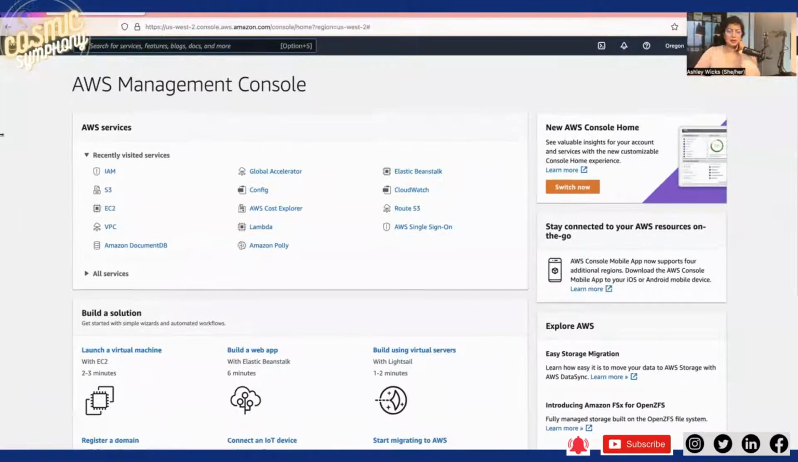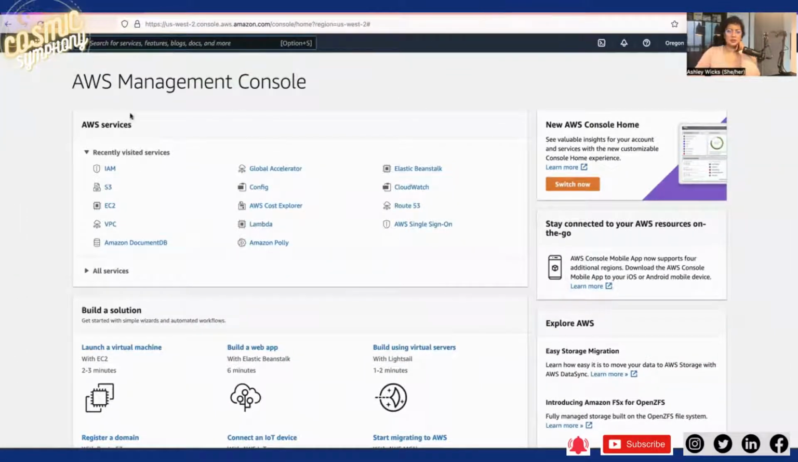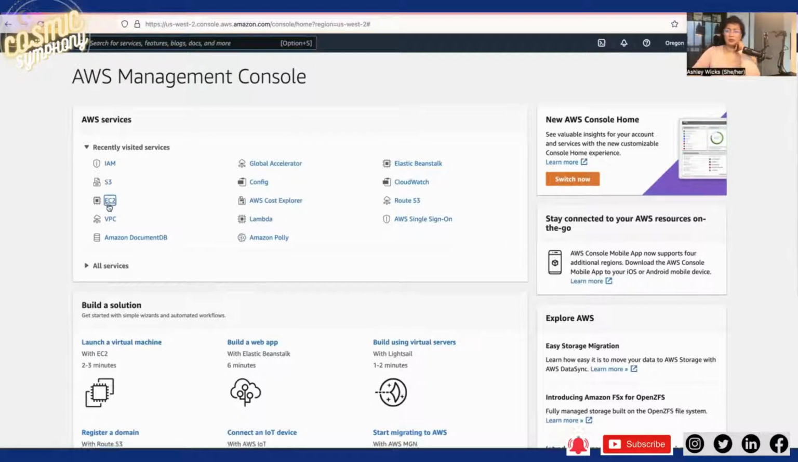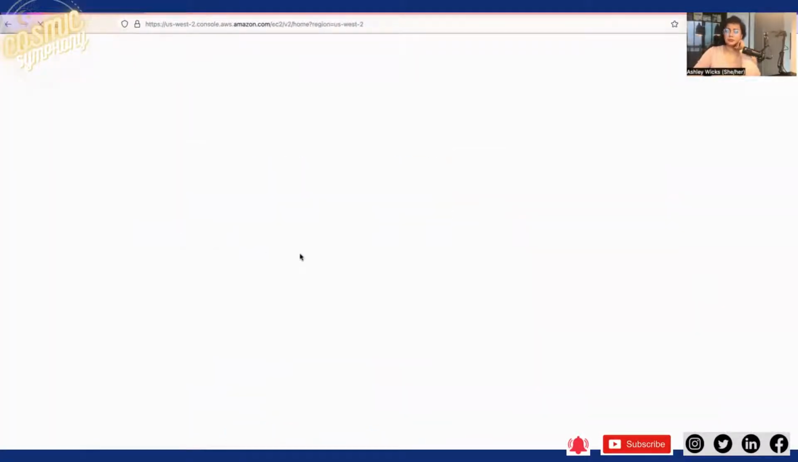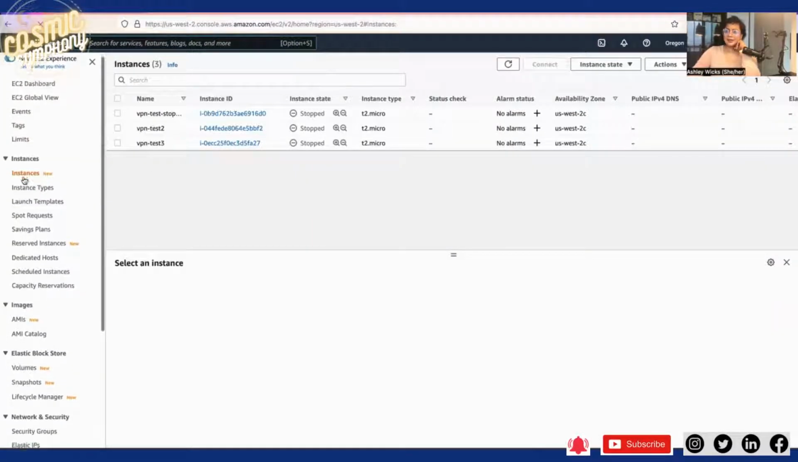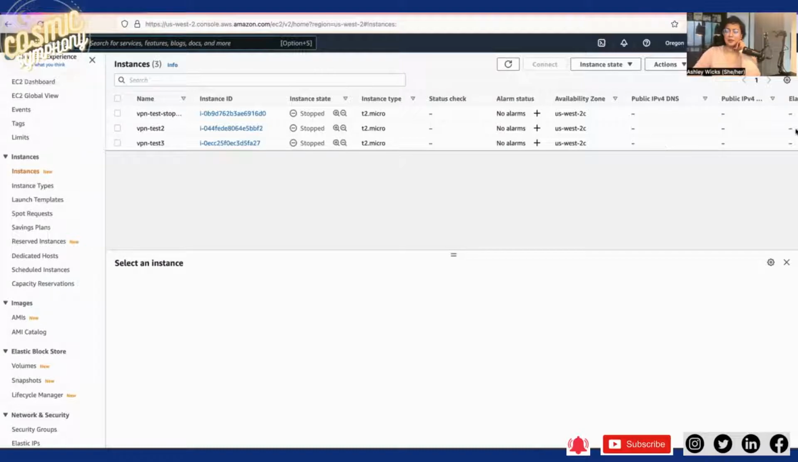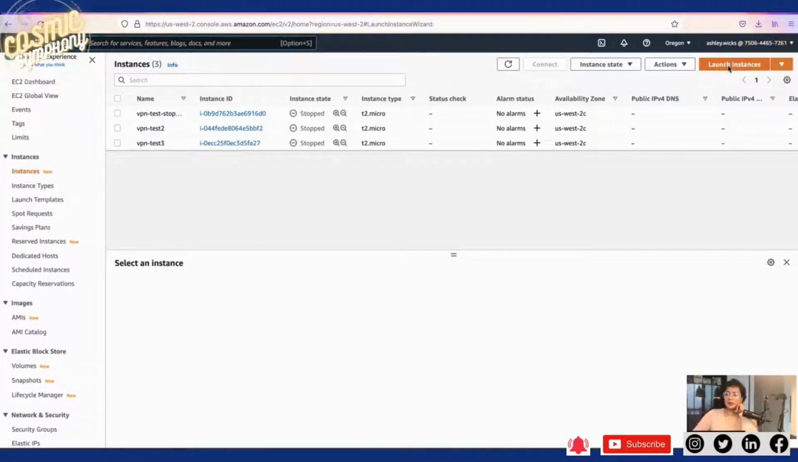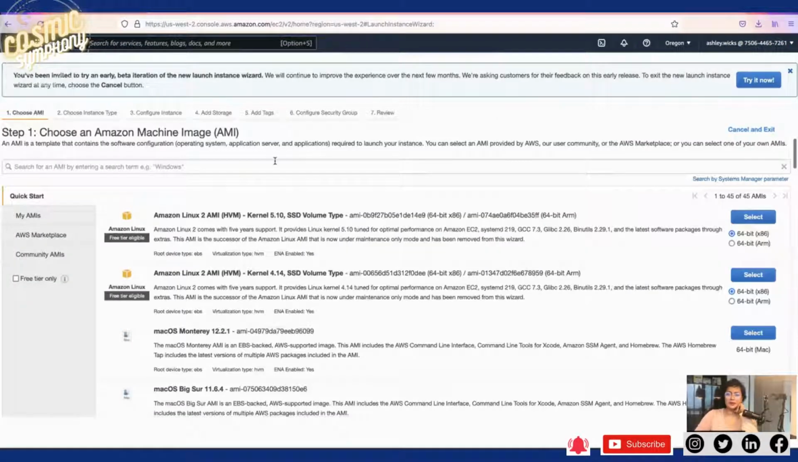We'll start creating an EC2 instance. So you log into your AWS account, and then you go to EC2. We are trying to create an instance, so go launch an instance. And we are trying to use Ubuntu